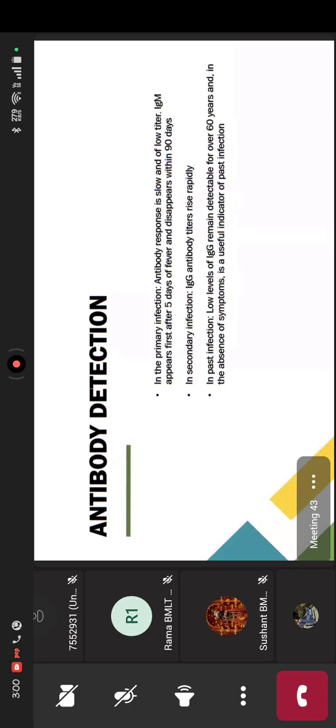अगर सेकेंडरी इन्फेक्शन की बात करूं तो IgG एंटीबॉडी को आप डिटेक्ट कर सकते हैं। और अगर पास्ट इन्फेक्शन की बात करूं, तो ये 60 सालों तक डिटेक्टेबल हो सकती है, मतलब ये 60 सालों तक आपकी बॉडी में प्रेजेंट रहती है। सपोज किसी पेशेंट को डेंगू हुआ है 2 साल पहले, 1 साल पहले, 6 महीना पहले, लेकिन वो ठीक हो चुका है, तो फिर भी उसकी बॉडी के अंदर IgG एंटीबॉडीज प्रेजेंट रहेंगी, और ये पास्ट इन्फेक्शन का एक इंडिकेटर है, राइट।